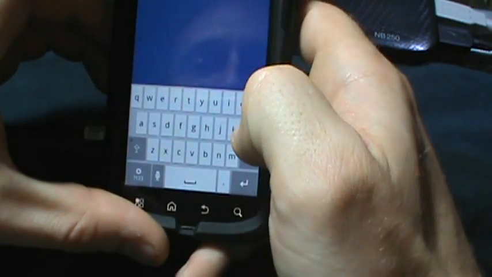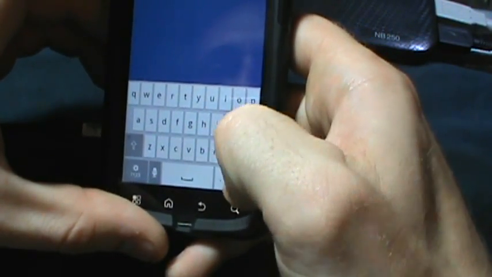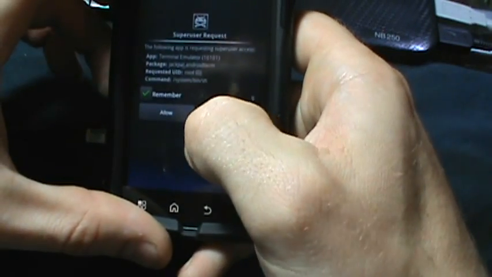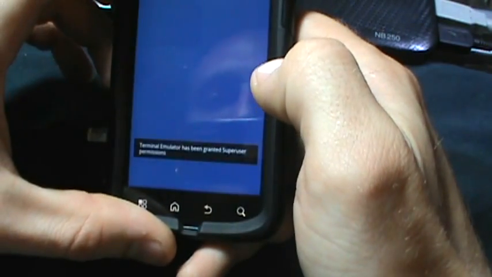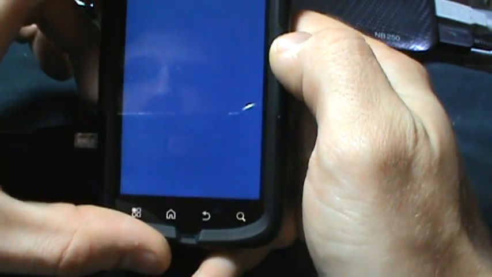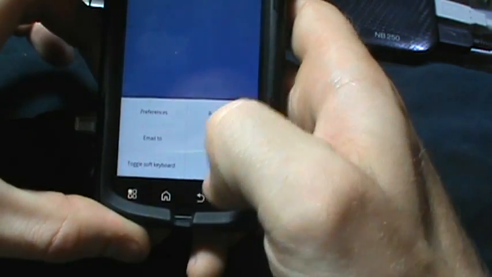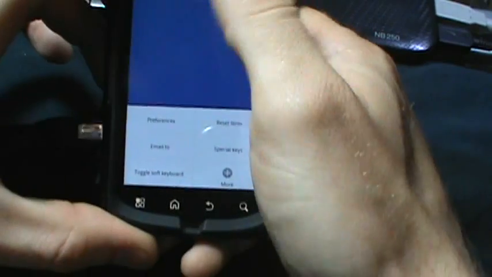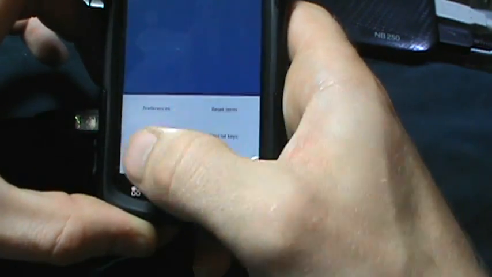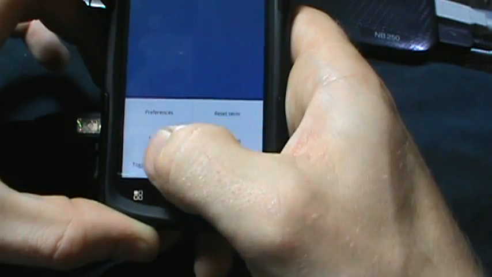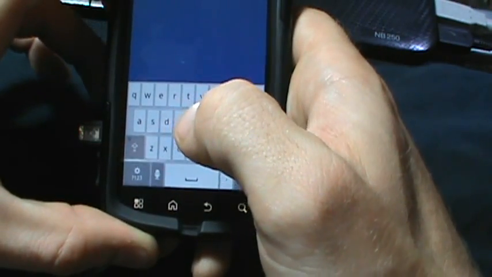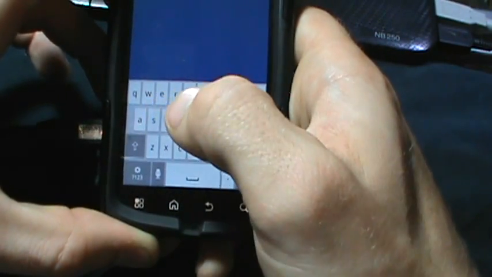SU to get super user permission. It's going to ask you for that. We're going to allow. Terminal Emulator has been granted super user permission. We're going to type in. You're going to want to toggle the keyboard, because once you hit that, it's going to make the keyboard disappear, so you're going to hit the menu button, it'll bring this up, toggle soft keyboard,